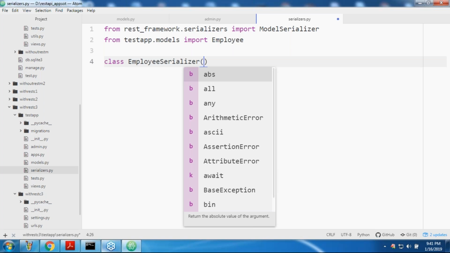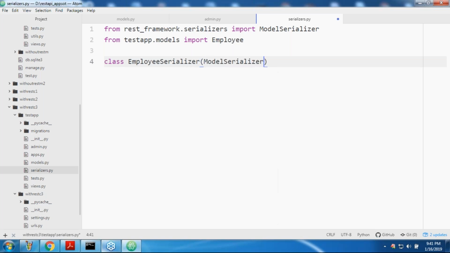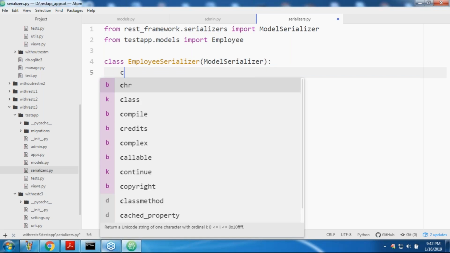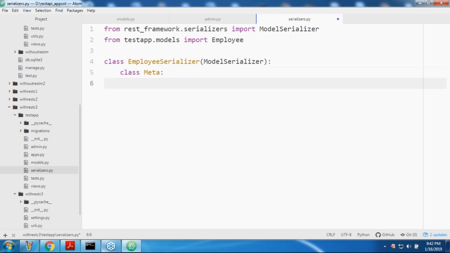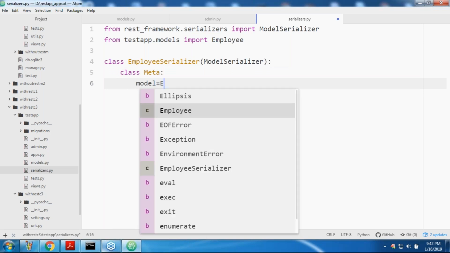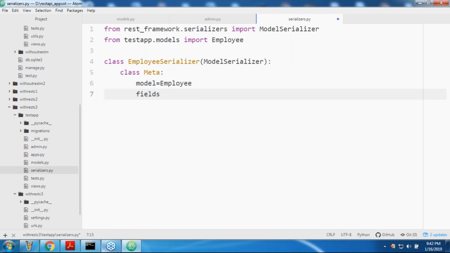Sir, class EmployeeSerializer. In the class Meta, which model, sir? Employee model. Next, which fields, sir? Can you please spell out? Underscore all underscore, like this we are going to take. Any doubt? Can you please confirm? We did this type of activities several times: model forms, model serializers, even in the last sessions also. Okay, serializer is also ready, sir.